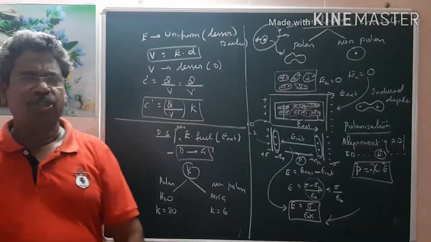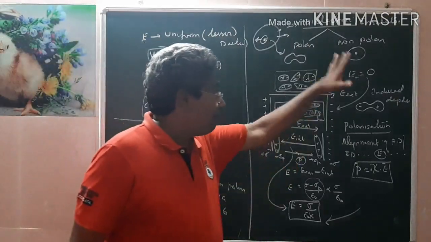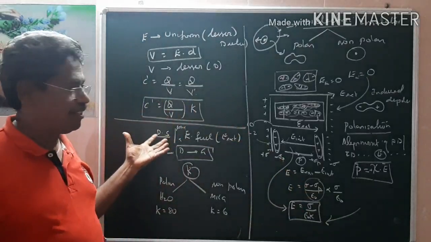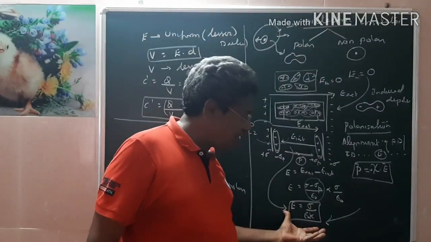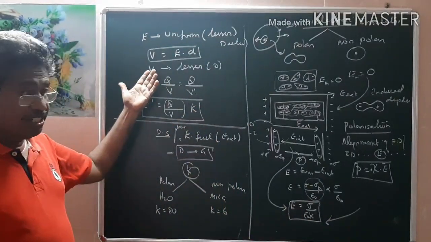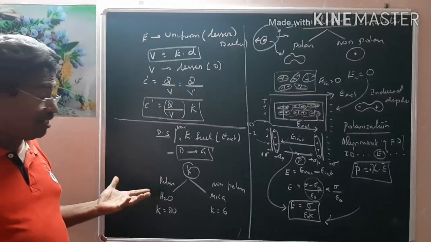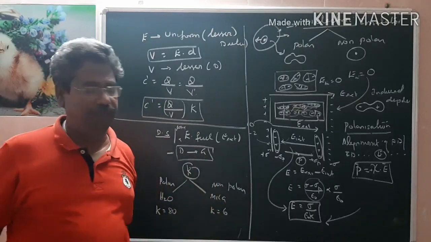This is a very basic concept. You have to understand the difference between the purpose of using a dielectric in a capacitor rather than a good conductor. Due to the introduction of the dielectric, the net electric field decreases. As the net electric field decreases, potential decreases. As the potential decreases, by definition, capacitance naturally increases. Therefore, capacitance can be increased by the introduction of a dielectric; this is a basic principle.